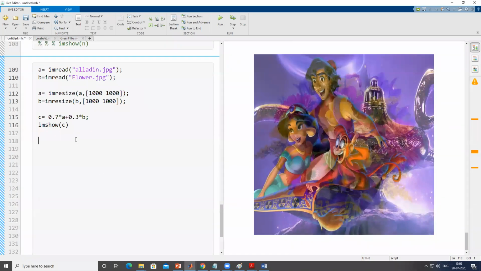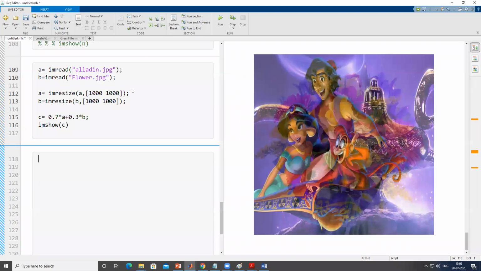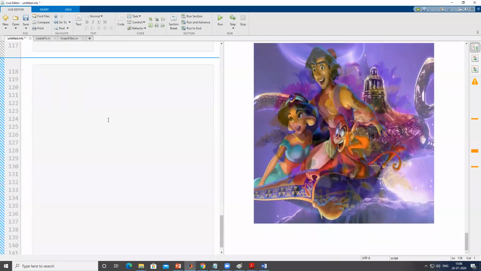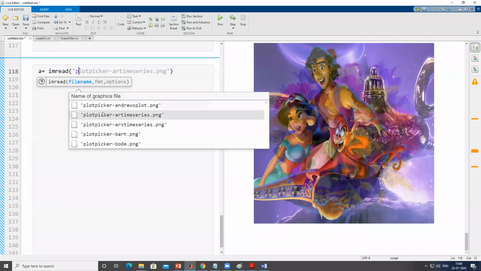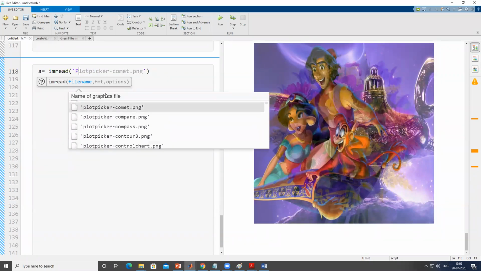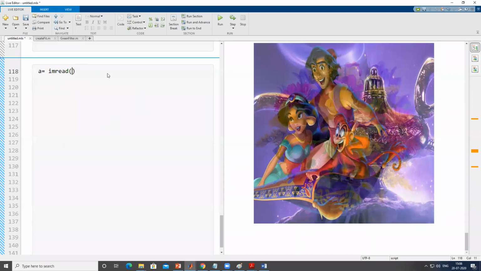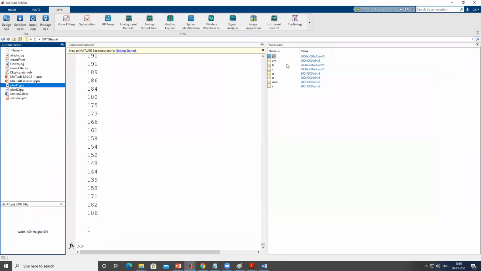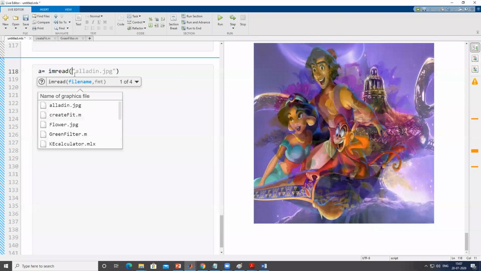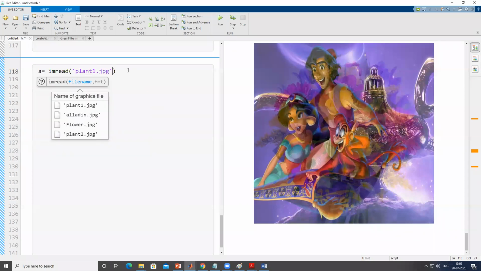Imagine that now I want to test on a different image, because the image which we have taken for filter creation, we are not going to use it. Say I create A is equal to imread, and here I'll take the plant1 image. Is there any plant1 image, capital P? No. Let me check whether I'm in my parent directory or not. And yes, we have the plant1 image. imread plant1 image.